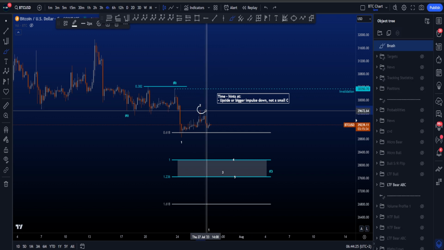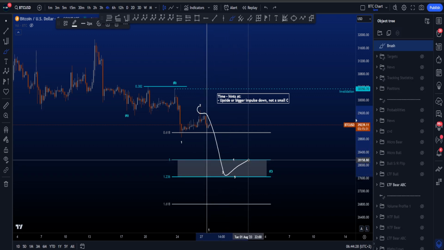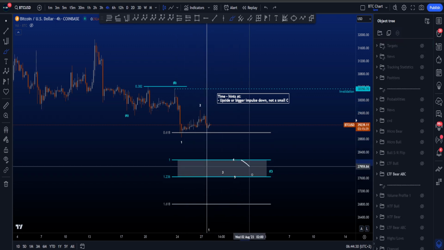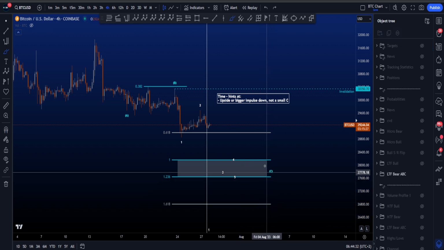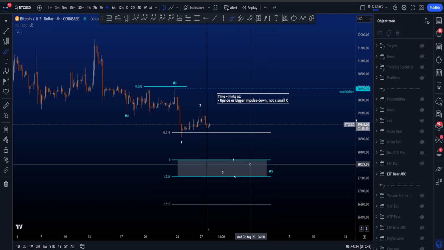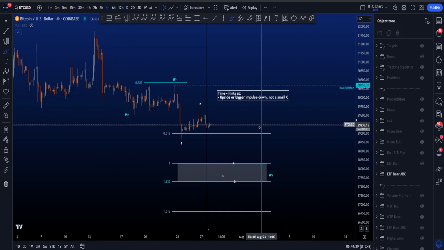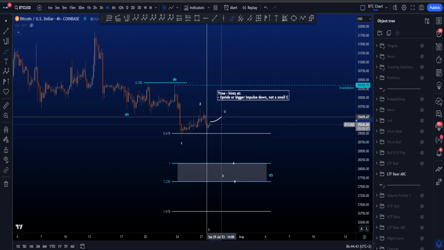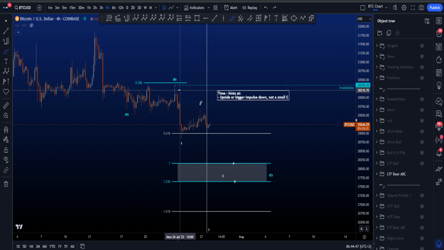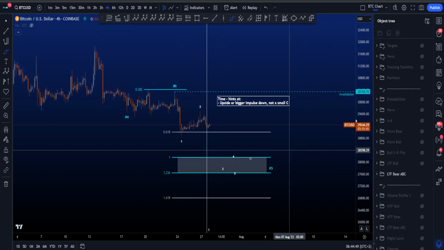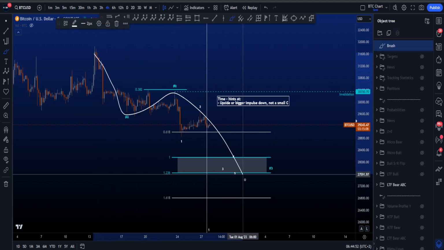However, if this is only 2, we still need a 3, then you need a 4, which is usually longer than a wave 2, and then another 5. You can imagine this wave C is going to be extremely long in time compared to wave A, which is not really something you like to see. So that's why I start thinking already about other scenarios where either we move towards the upside because of time, or this move to the downside is part of a bigger impulse where we're not counting this as an ABC,